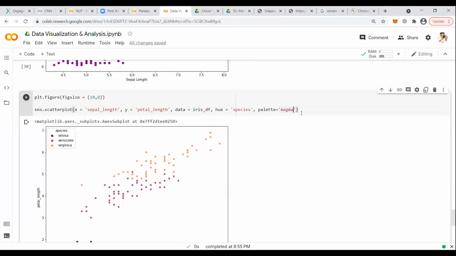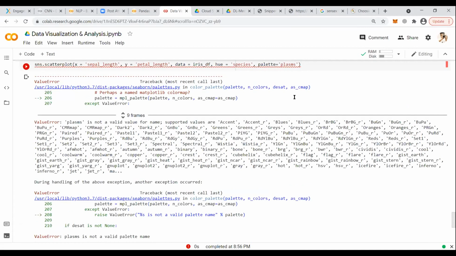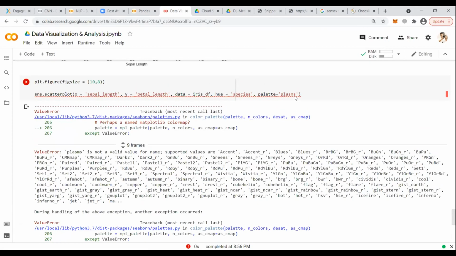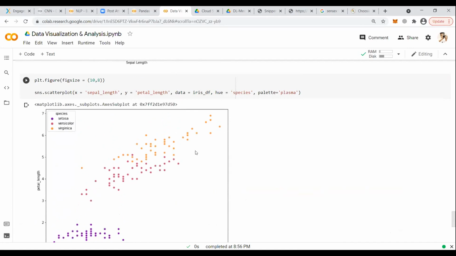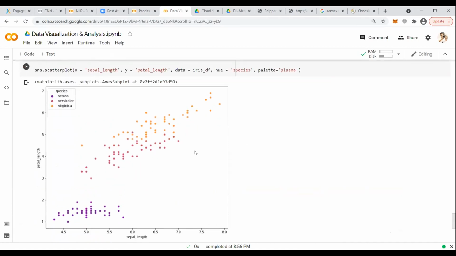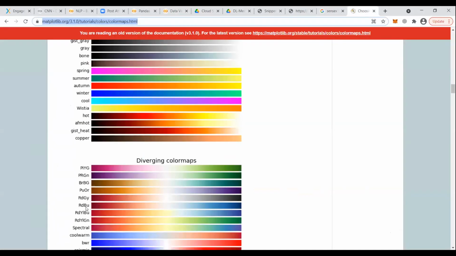Like plasma, if I want to take plasma, I can take plasma. Sorry, the name was wrong. If you make a mistake, it will give you an error. This is plasma. You can have magma, you can have viridis. All these are your color shades, gradient shades.